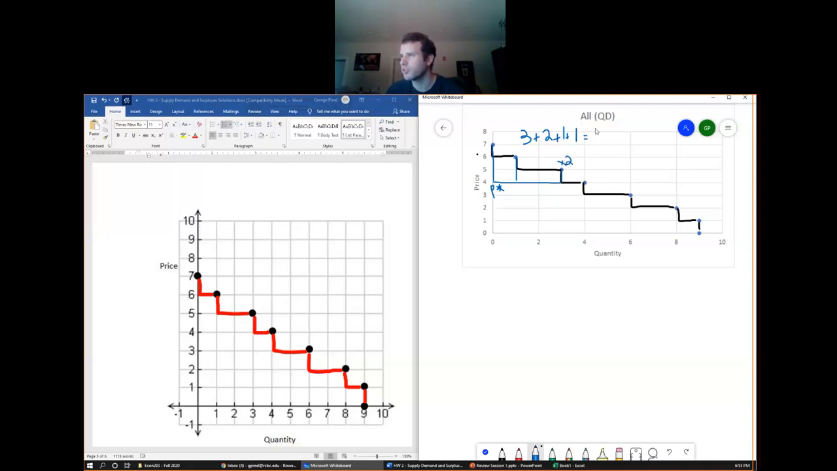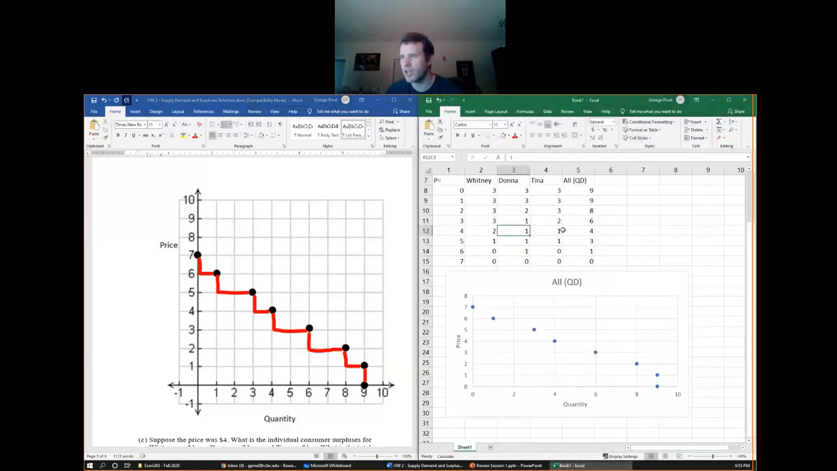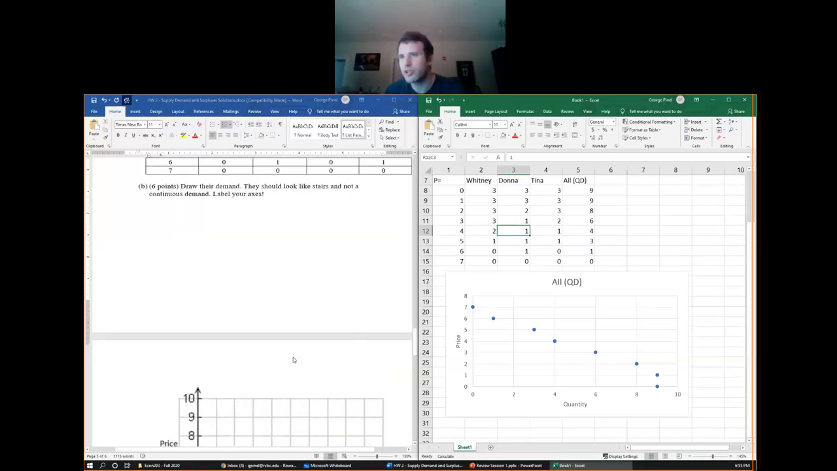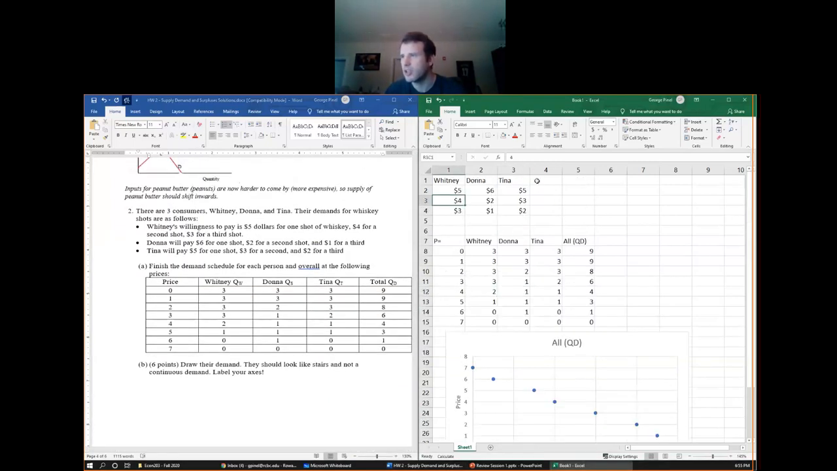That should be 7. Okay, easier way to do that. So that's just it graphically. That's how you show that. But if you wanted to do it this way, this probably makes more sense. So let's look at their willingness to pays again. Or I could do it here. So if the price is 4,